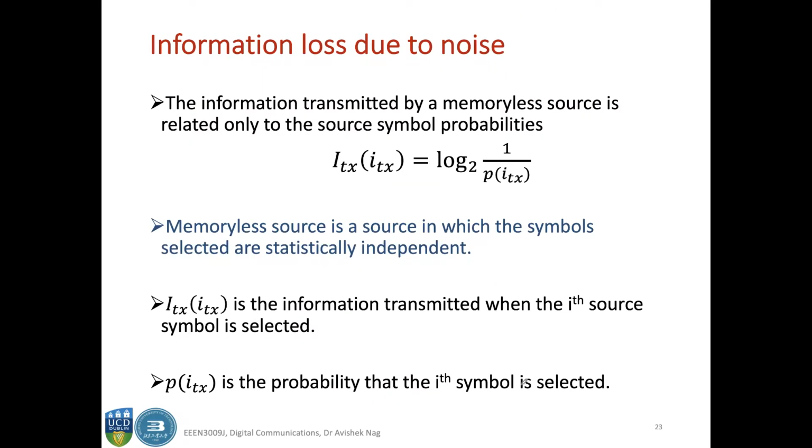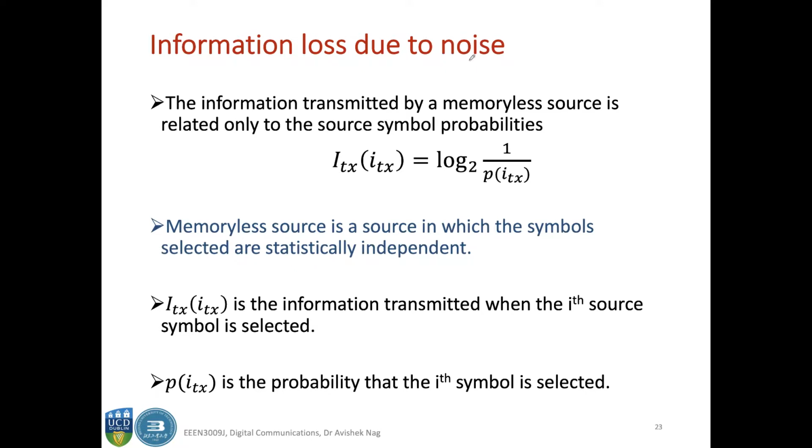So now let's move on. Now that we have defined information, we have quantified information, and we have defined entropy, and we have also defined the mutual information and also the conditional entropies. So all these terms are being defined. Now we can actually apply this knowledge of information theory that we learned so far to find out information loss